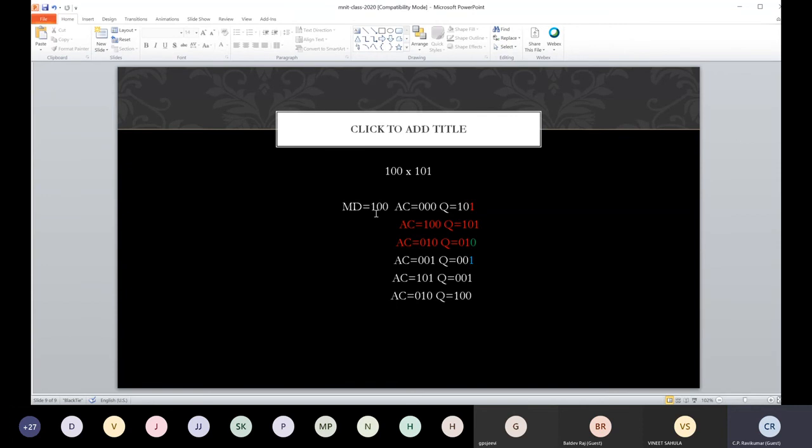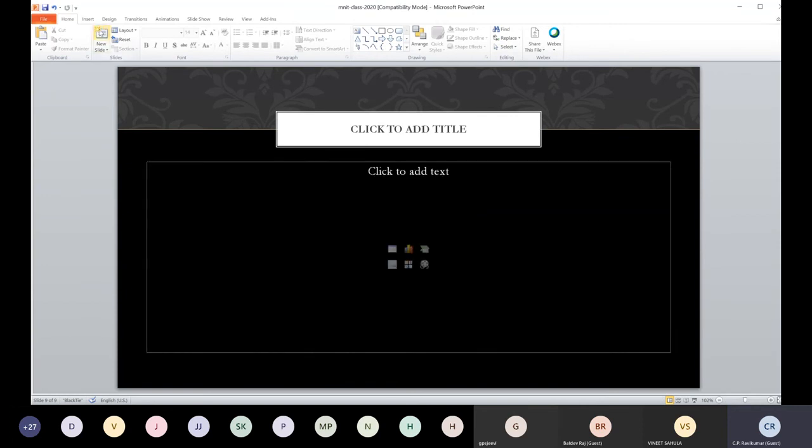So the idea is, suppose the multiplier is something like this. Let us say multiplying 16-bit numbers, and by chance I have all alternate ones and zeros.